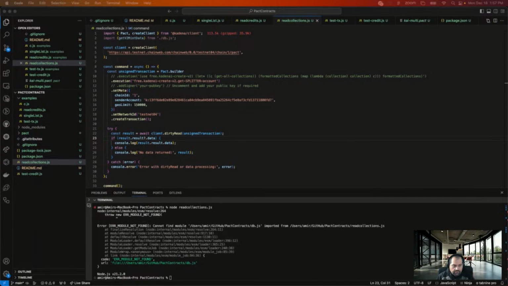Let's see. Read nine-dash-create-dash-v2. I see it. I see it right in the module explorer on testnet.